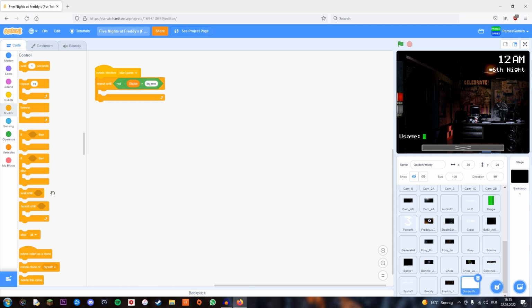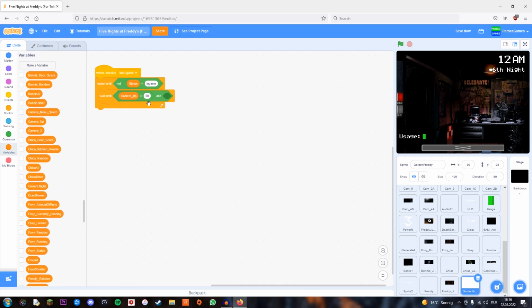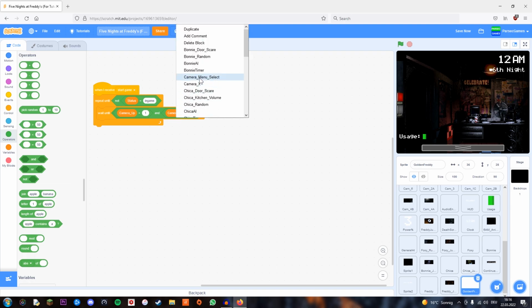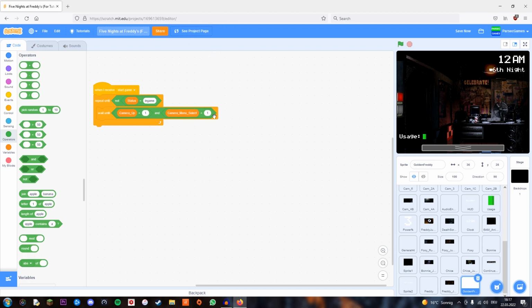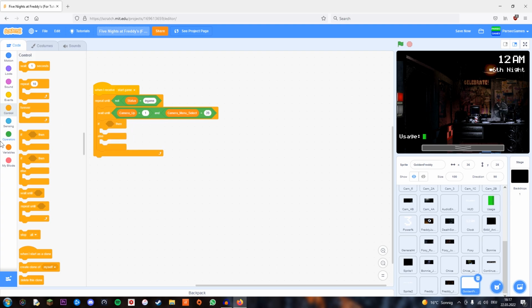So we're going to wait until the camera is up, meaning camera up equals 1. And we're going to check if the selected camera, meaning camera menu select, equals 2B. So we're actually looking at the corner camera. And in that case, we're going to check with an if-then clause